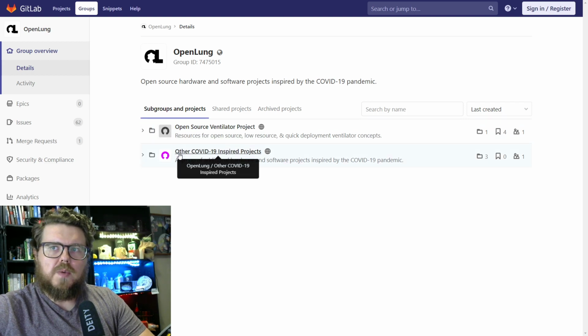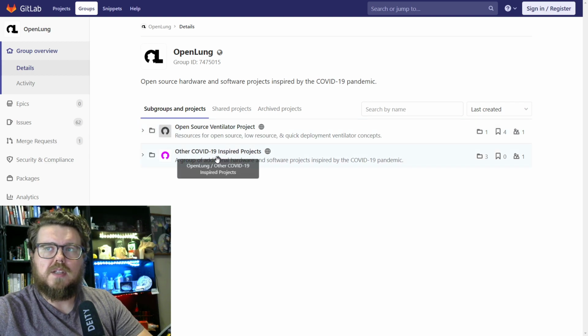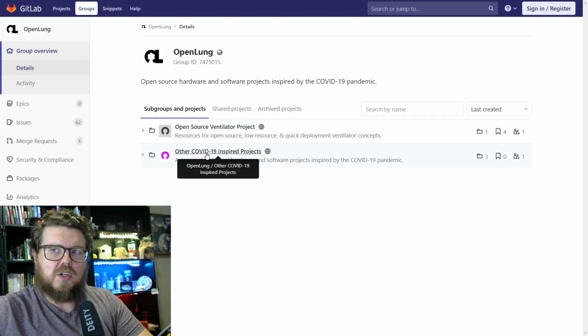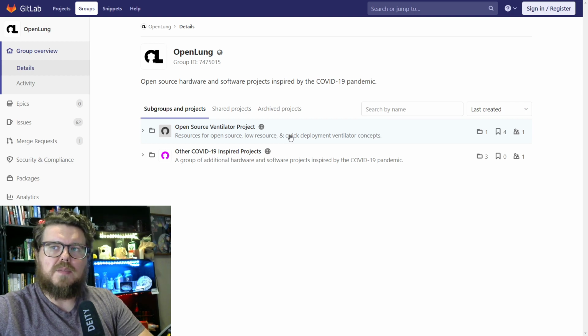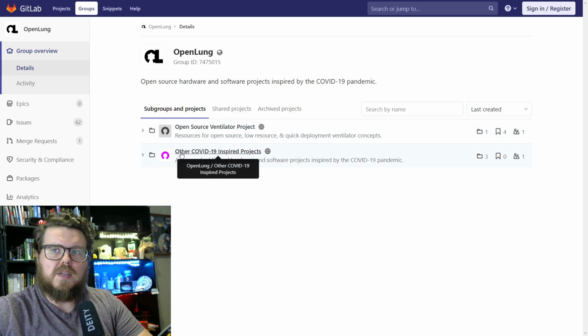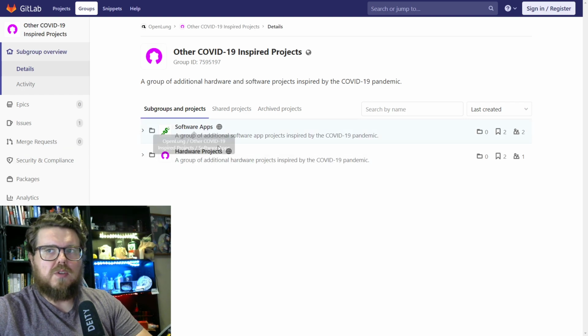And from here, we have two subcategories. We have the open source ventilator project that we're working on, as well as some other COVID-19 inspired projects. So these here are considered subgroups, and you can treat them like a folder or a departmental area for certain projects. So let's say we go into other COVID-19 projects, and here we have two more subgroups, software